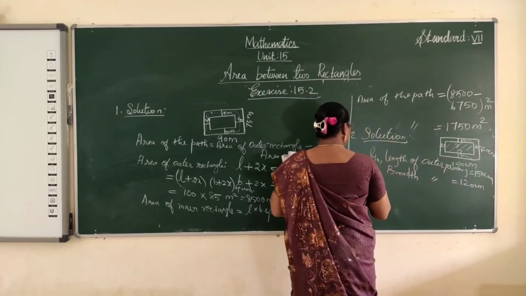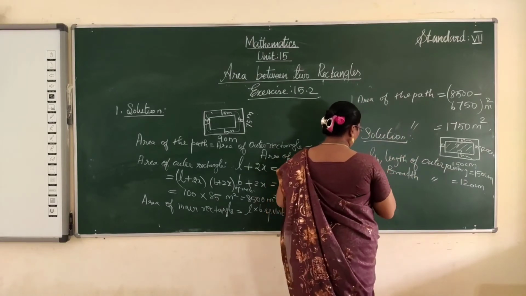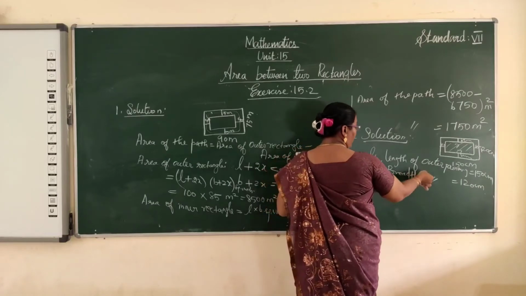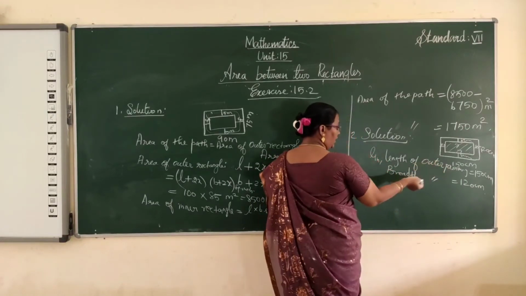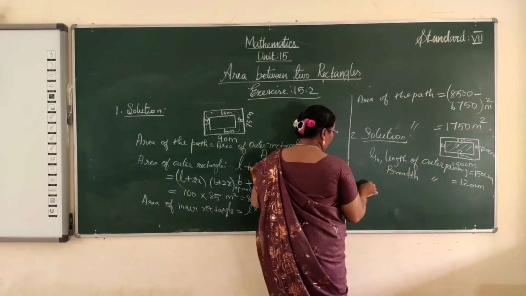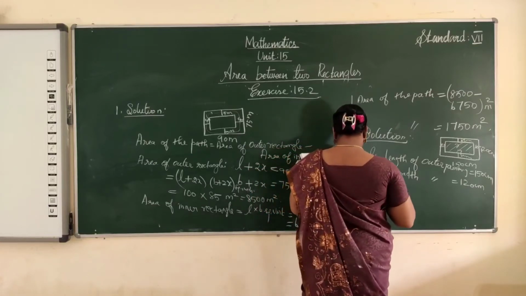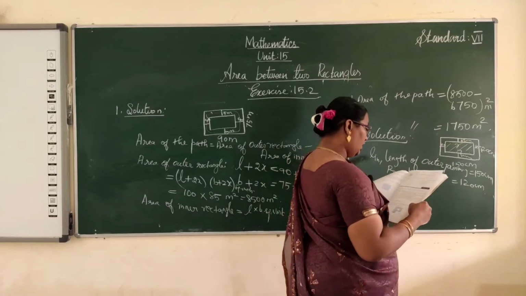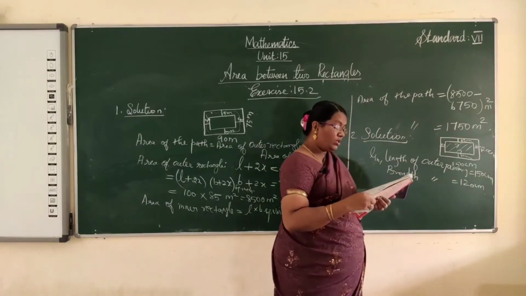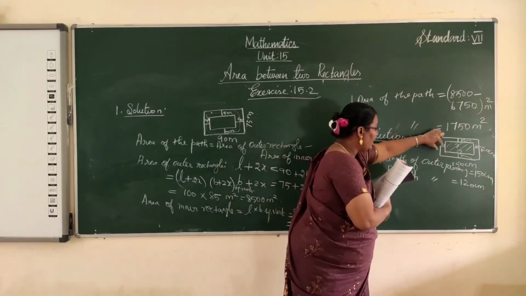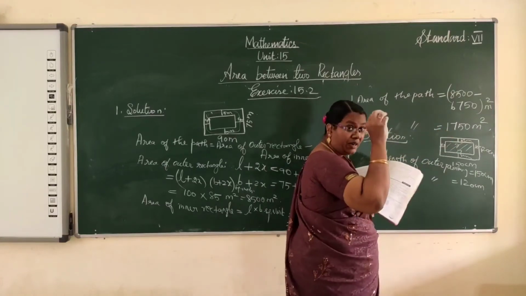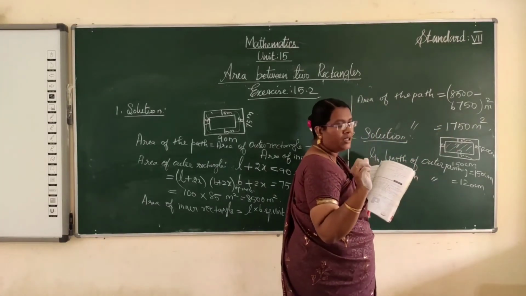Okay, now calculate the length of the inner painting area. Our painting area, this is a frame area. Frame is there and the length and breadth are given. So the length of the painting, what we find out is the area of the actual painting without the margin. So the margin is not needed, we have to calculate only this area. They are asking for the area of the place where it is painted.